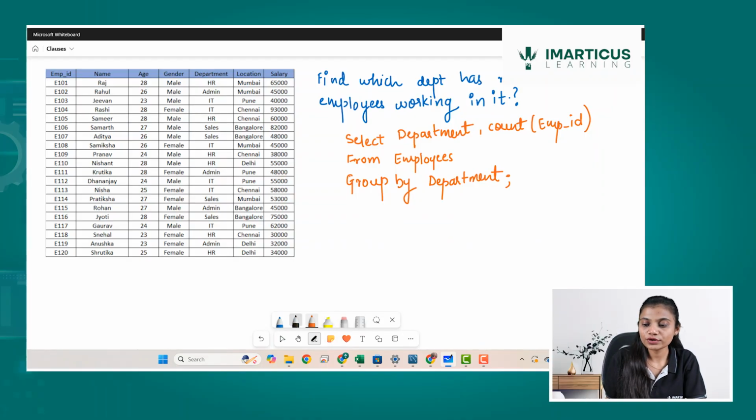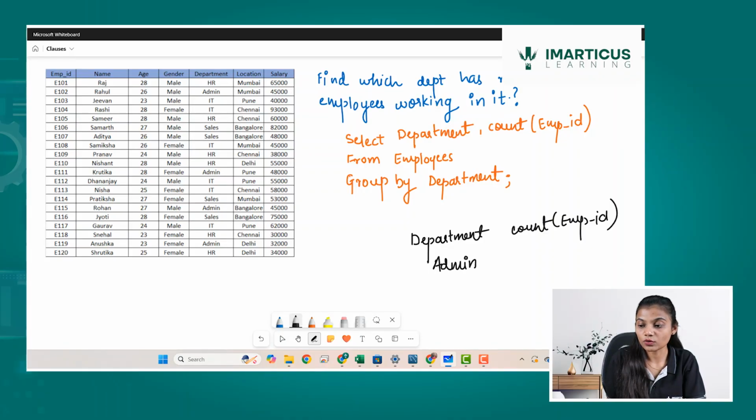My query is going to go into my data and it is going to create groups on the basis of department. So department is one column which will be generated, and count of employee ID is something which will be generated later. What I want is, on the basis of each department, a summarized count. Now which one is the department? Let's say admin.